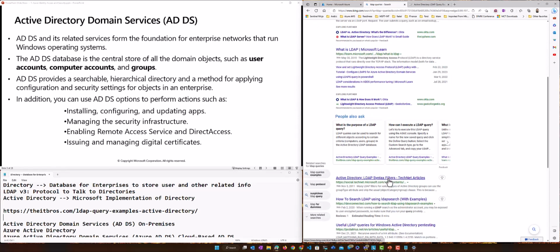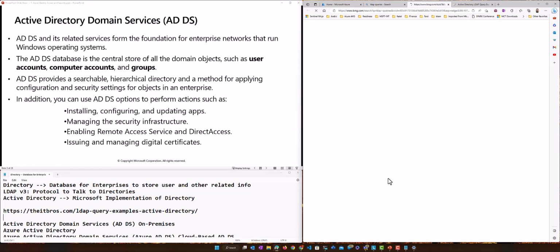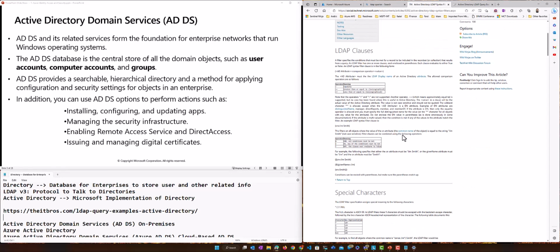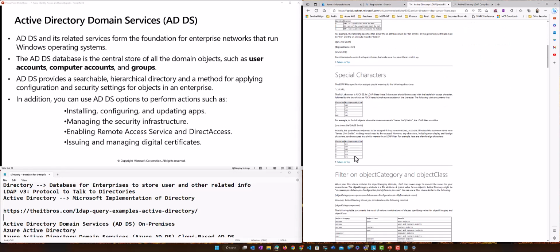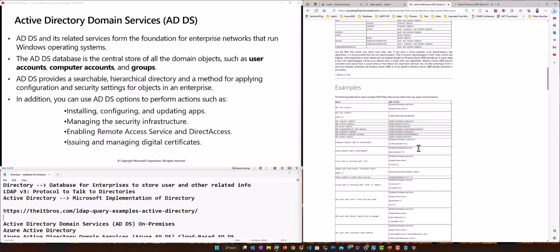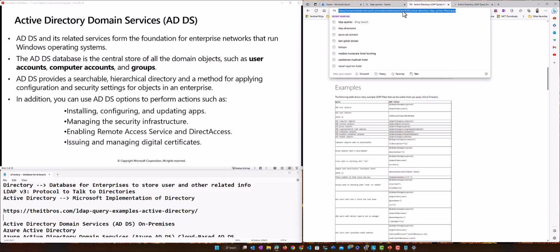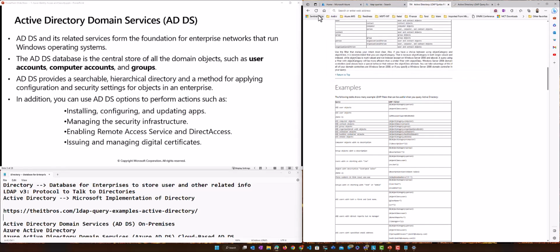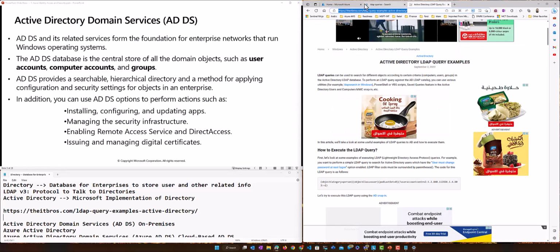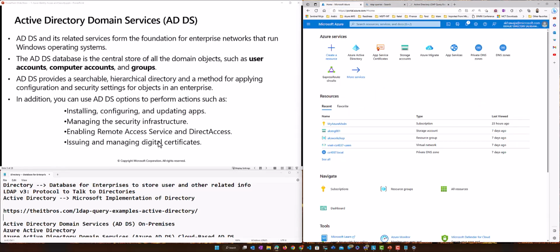I think some people have also written about this. So it's the administrators who deal with directories, they do a lot of these things, right? And it discusses how these queries work, what the different things are, like you need a person, which class you need, various different things. It talks about how to write the queries, right? This is from Microsoft actually, a very old article. So yeah. Anyway, I don't want to go into detail, but just want to show you how things work.